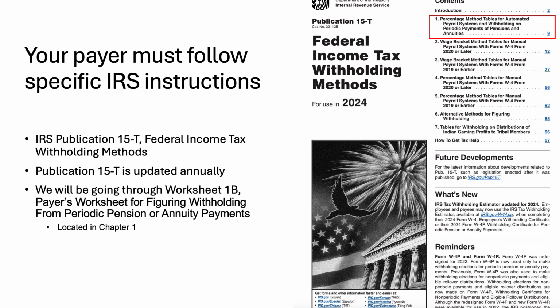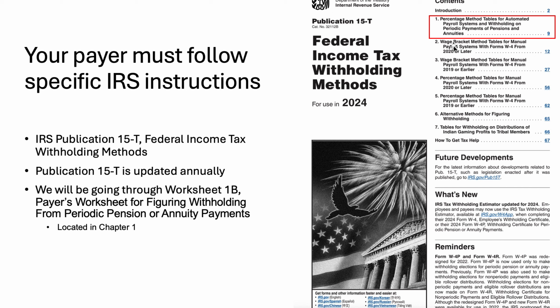So your payer must follow very specific instructions, part of which is from Chapter 1 of Publication 15T, which is updated annually. This guidance, as well as what you complete in your Form W-4P, specify exactly what your payer will be withholding